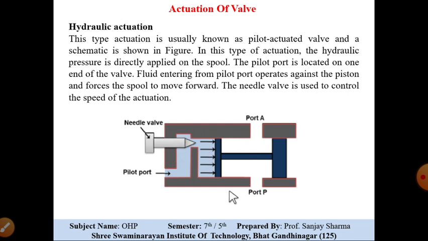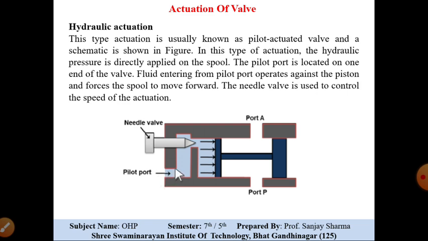So in the figure you can see this is the needle valve, this is the pilot valve. This type of actuation is usually known as a pilot actuated valve, and the diagram is shown here. In this type of valve, the actuation is done with the help of hydraulic